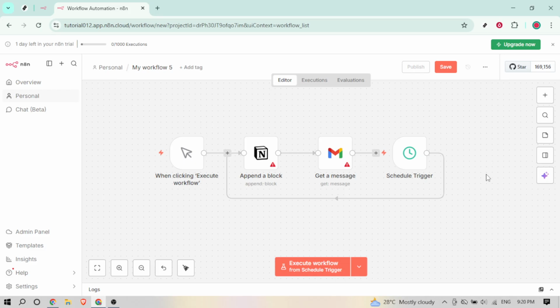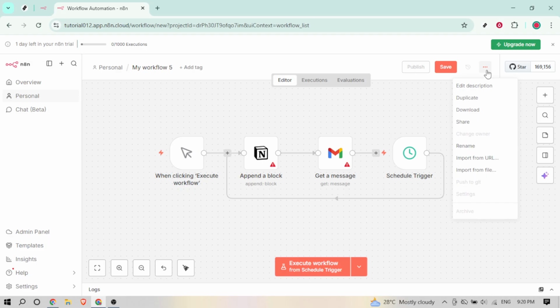Once the workflow is open, look to the top right corner of the editor. You'll see a three-dot menu, sometimes labeled as More Options. Click that menu to reveal additional actions related to your workflow. This menu is where n8n tucks away export and maintenance tools so they're easy to find but don't clutter your